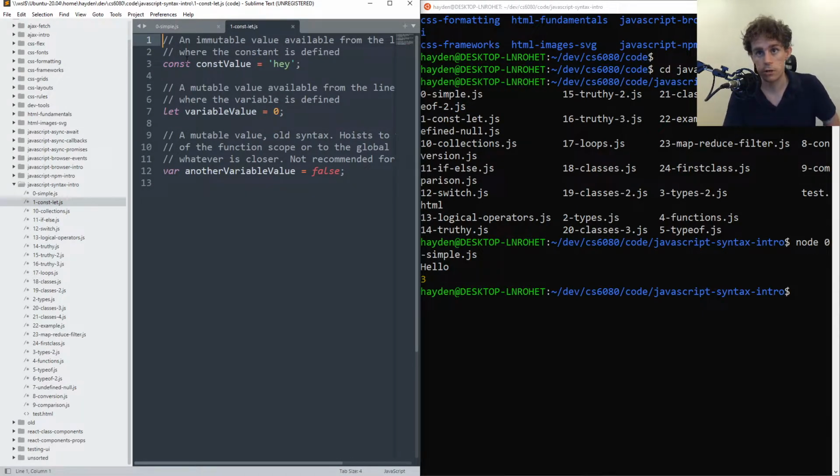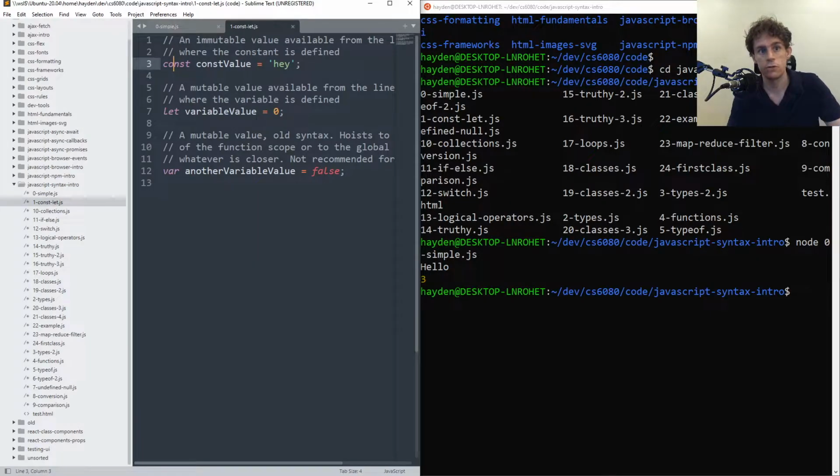In JavaScript, though, compared to something like Python, you can actually declare a variable as a constant or as just a normal mutable variable. So again, in languages like Python, when you just say variable value equals 0, it is by default mutable, and in JavaScript we use the let syntax for that, because the let here is kind of like saying I want to create a variable that can be modified, and the const is saying that it can't